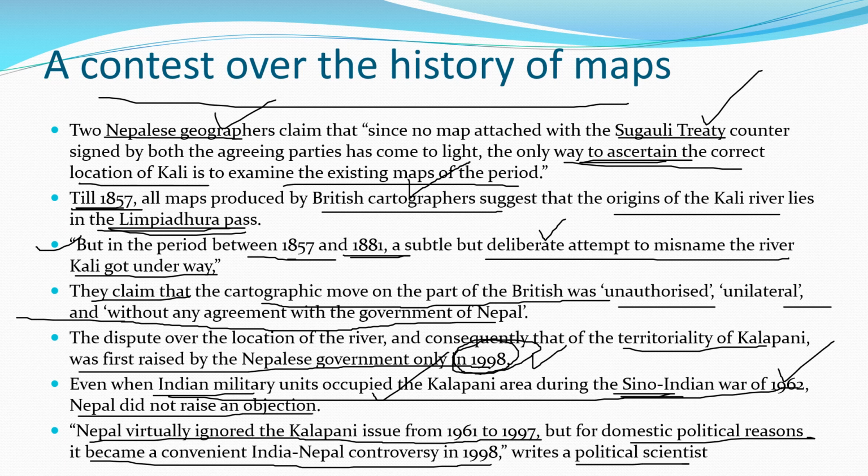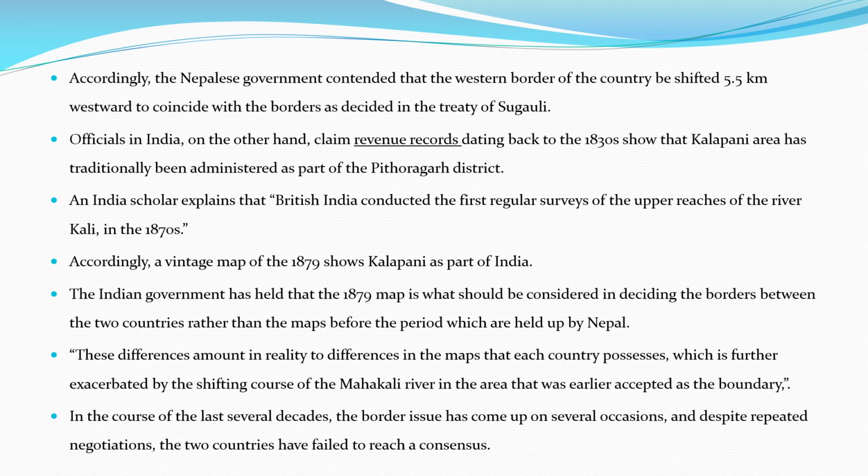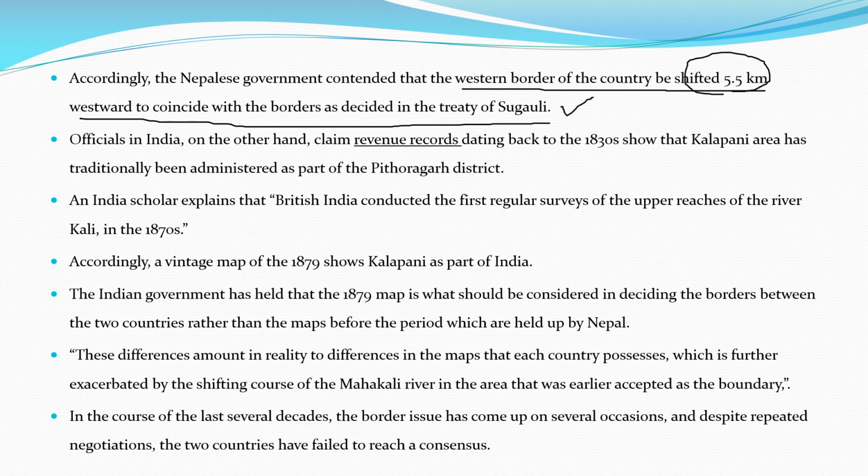It is written by a political scientist. Okay. Now, according to the Nepalese government, they contended that the western border of the country should be shifted 5.5 kilometers westward to coincide with the borders as decided by the Treaty of Sugauli. So Nepal जो है वो they have shifted their border 5.5 kilometers westwards India की तरफ,